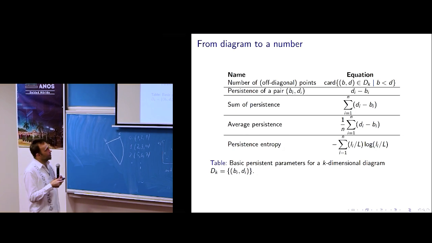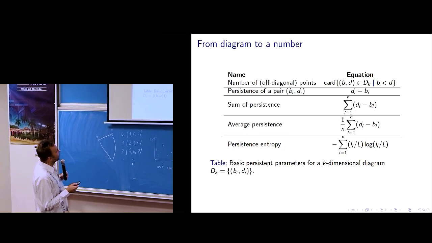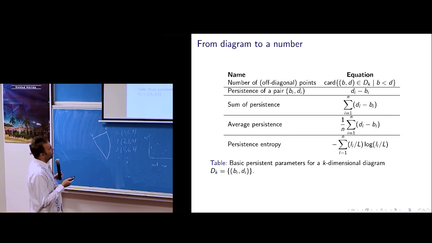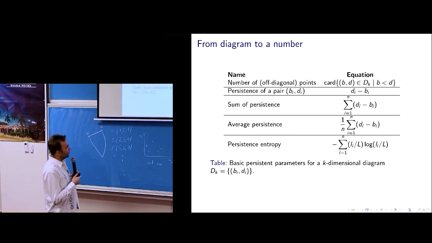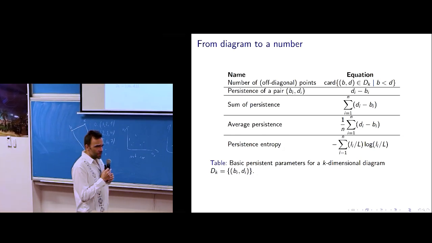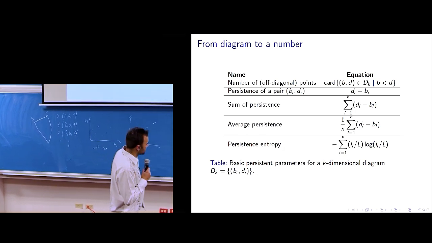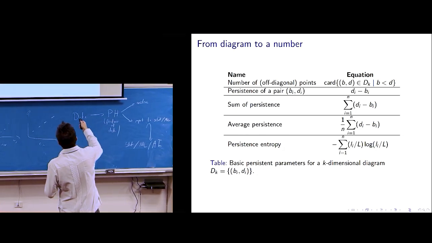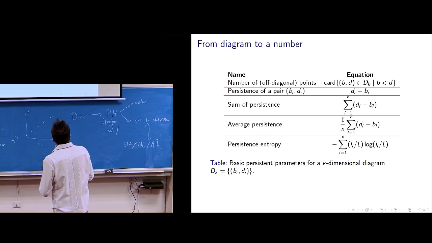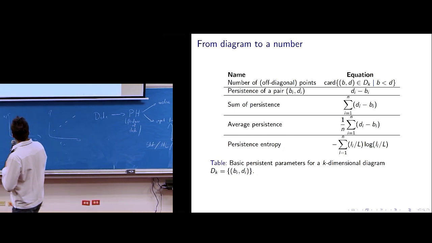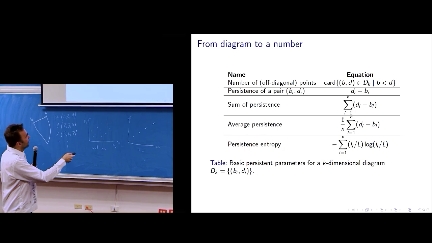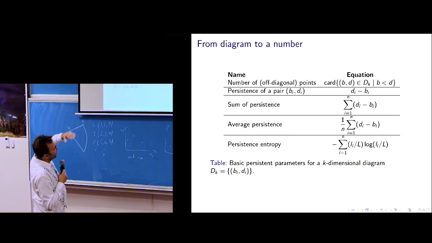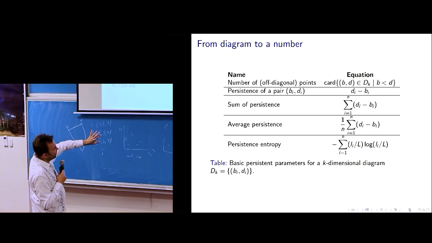So we can look at the number of non-diagonal points. Very simple, but used in some papers. Sum of the persistence, average persistence, entropy, which actually kind of resembles Shannon entropy. So Li is this death minus birth in this case. I think I missed this denote, this symbol. So there are various ways you can take a persistence diagram and convert it into a number and